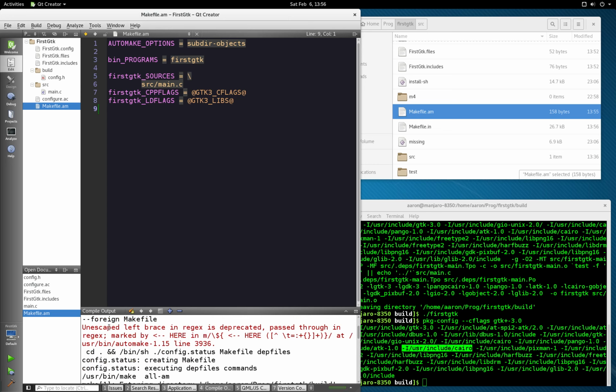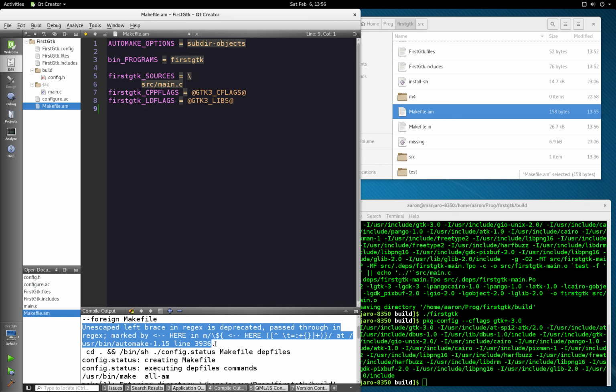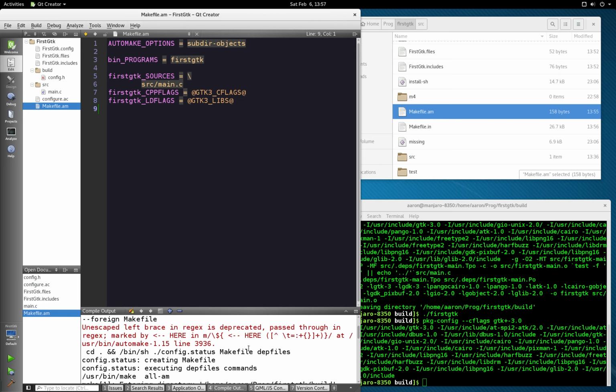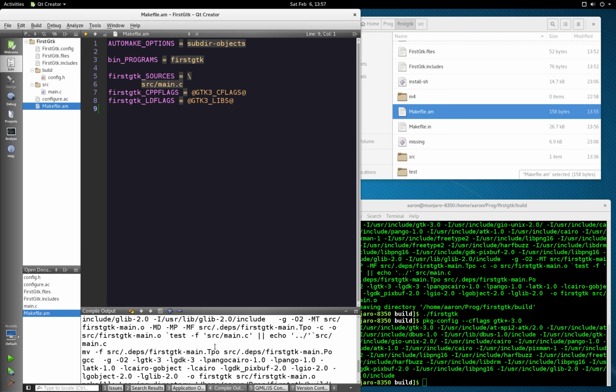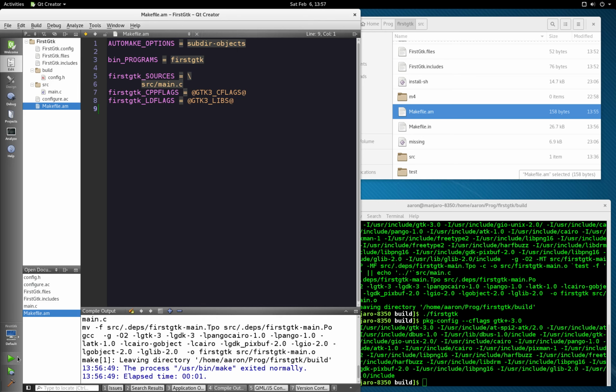Remember, this is that benign warning that we're getting from Perl with the current version of Automake and the current version of Perl, at least that I have on the system. So that seemed to go okay. Now if I hit the run button,